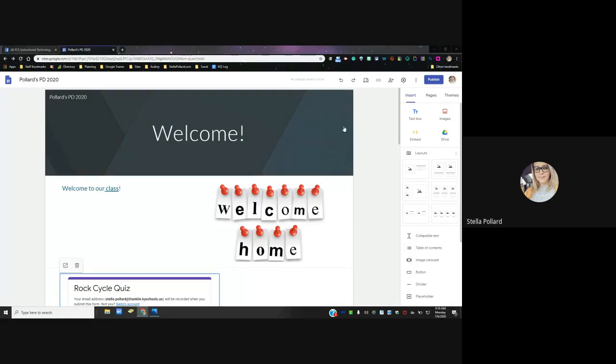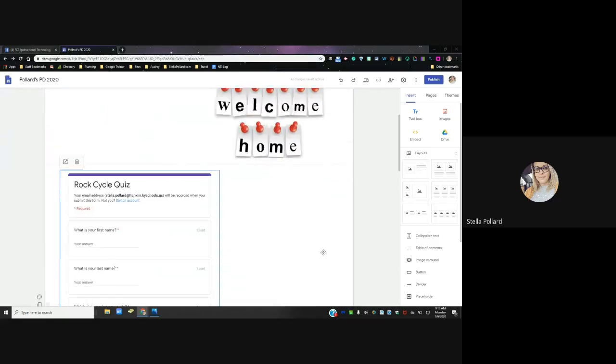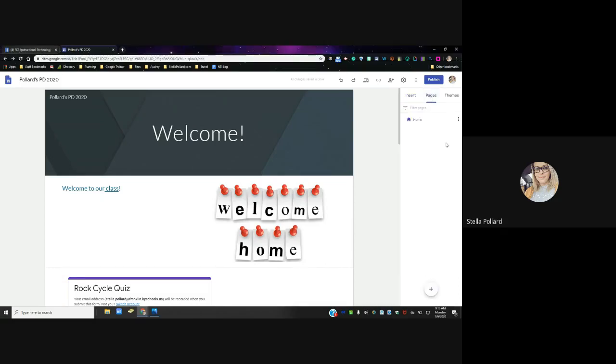answer that. So on your welcome page, you kind of want to keep it clean and organized. But over here on this same menu that we went in to add text boxes, images, and things from Google Drive, we also have different tabs, and the middle one is pages. So if I click on pages, it's going to give me the opportunity to create a subpage for my Google site. So I'm going to click this plus sign